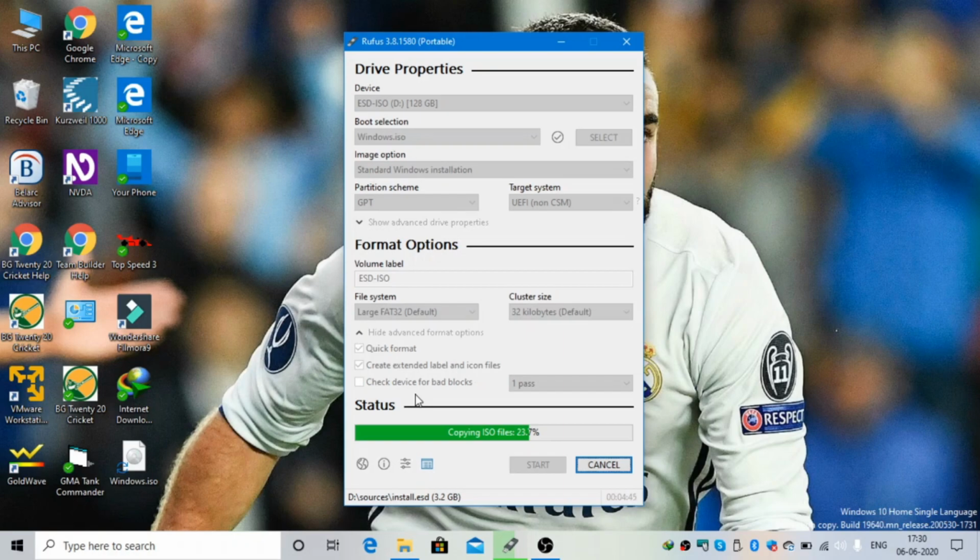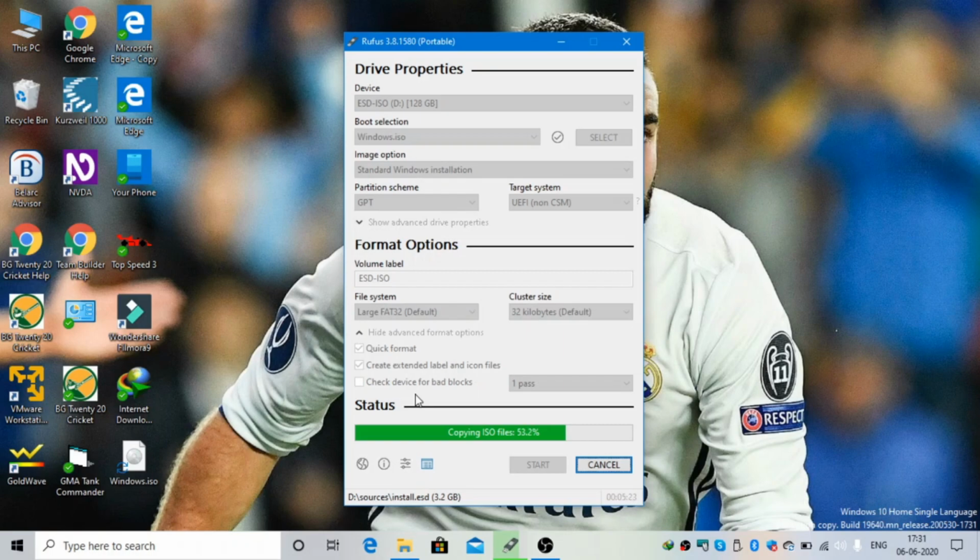And for booting from this pen drive, for Dell laptops it is the F12 function key, and for HP it is F2. The steps for booting from the pen drive are very simple. Once you click on the power button, you'll have to keep pressing the F12 or the F2 button depending on the brand of your PC.